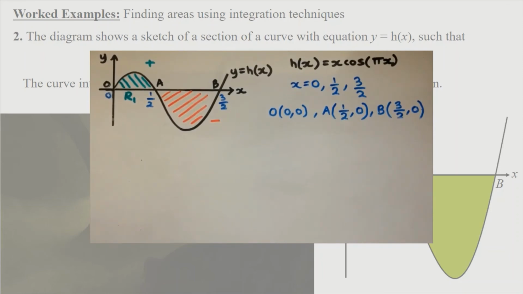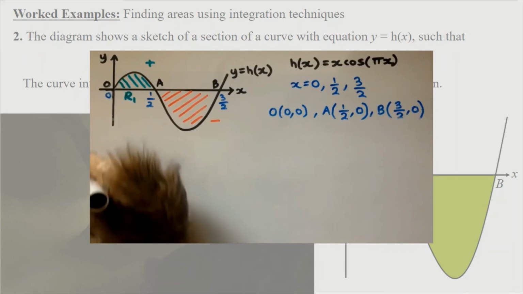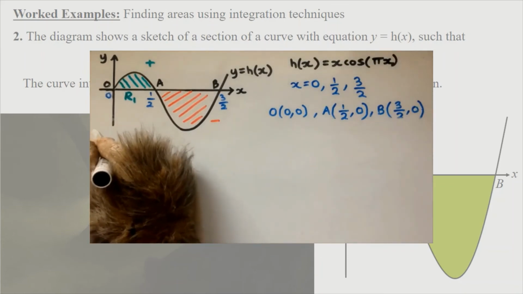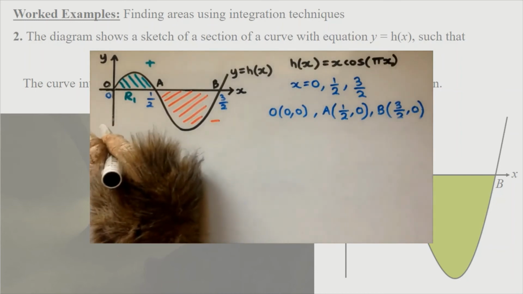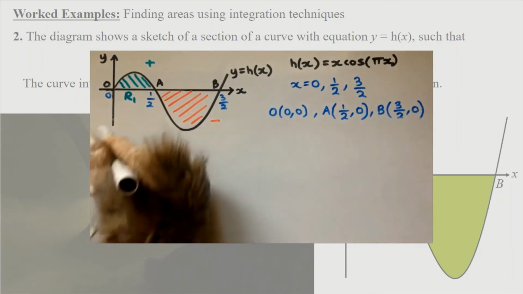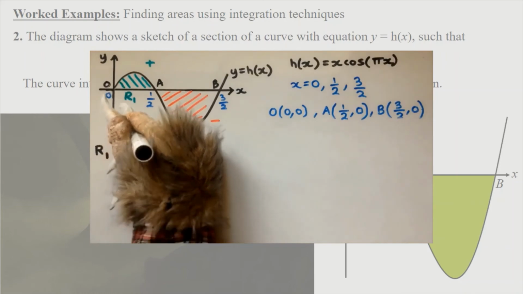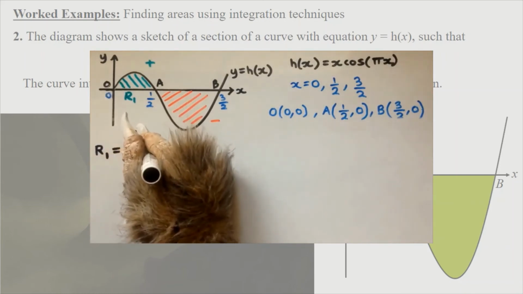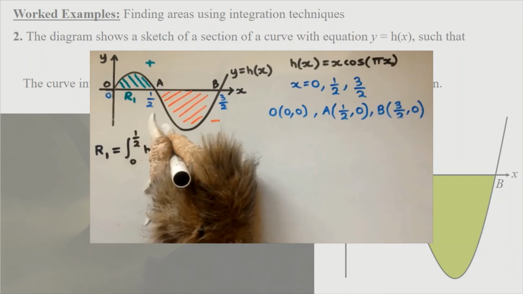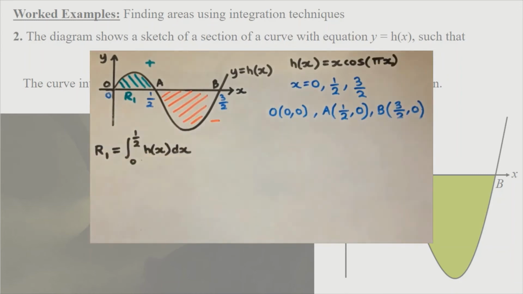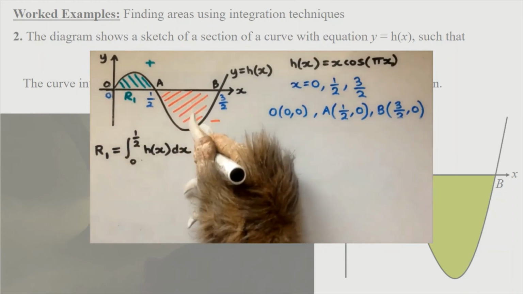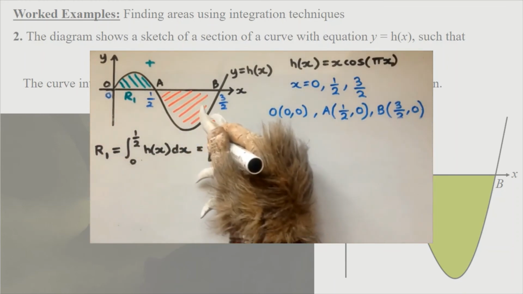So we have to be careful here. This is going to be a little bit technical. So R1 is positive, so I don't have to worry about the sign of my answer. I'm going to get a positive answer for this. So R1 is going to be, now remember it's been integrated, but I'll just write it in. So it's the integral from 0 to 1/2 of h of x dx, and this is simply our result previously, which was 1 over pi